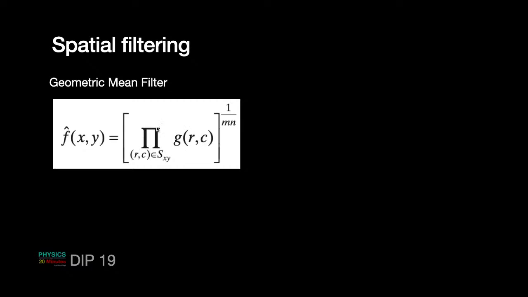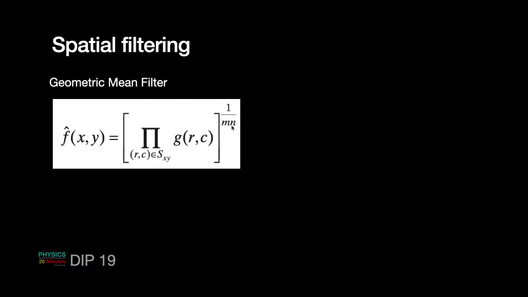This symbol represents, just like sigma is summation over a series, a multiplication over a series. You have used these kinds of symbols in your mathematical physics, molecular physics, modern physics courses earlier. So here this gives you the product, and then you take